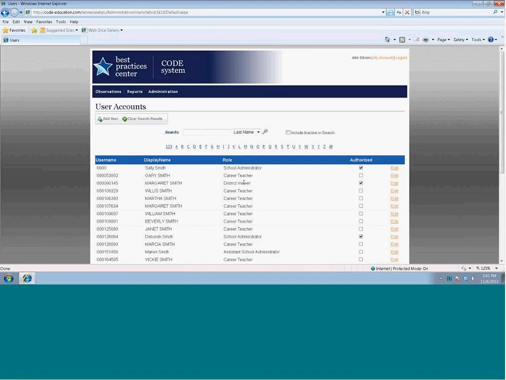So the user screen is where you would edit or add any users. And this is found by mousing over the administration tab and selecting users. Then under administration